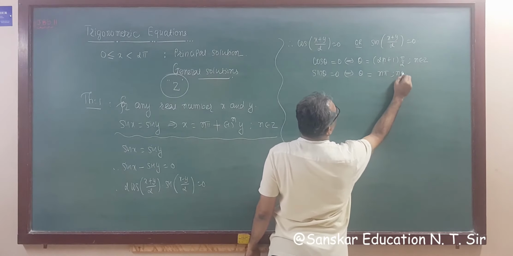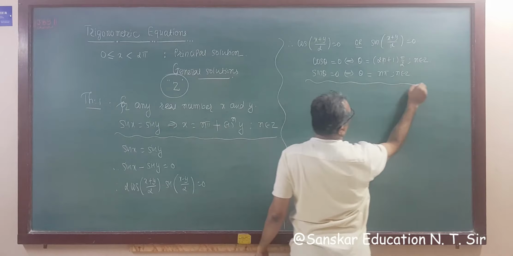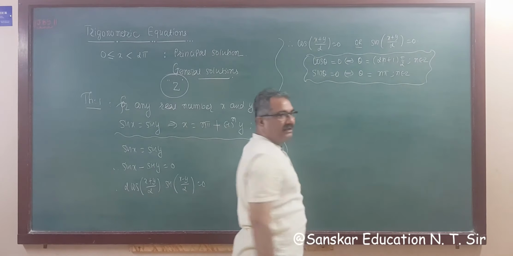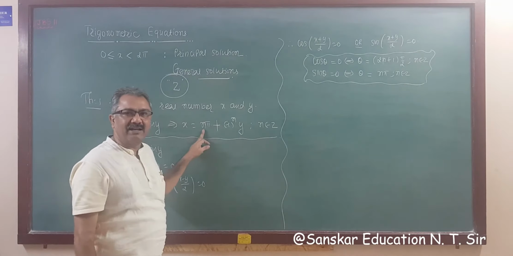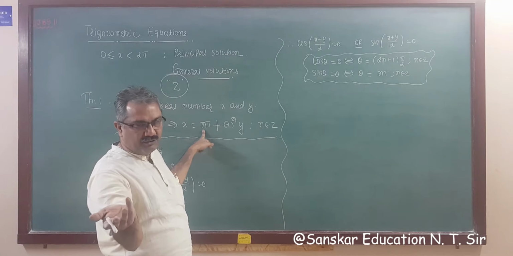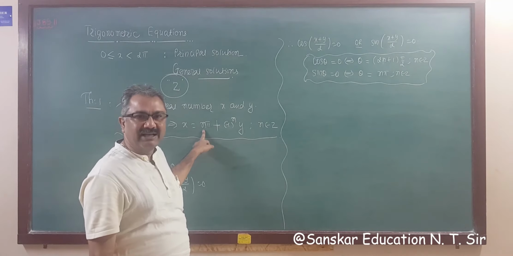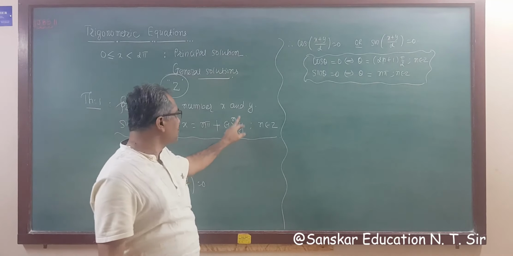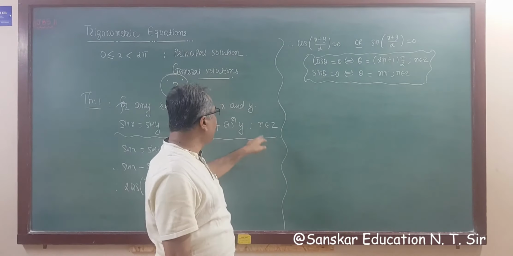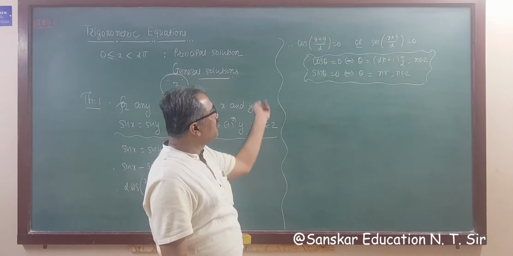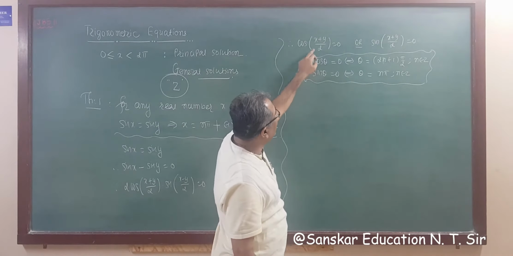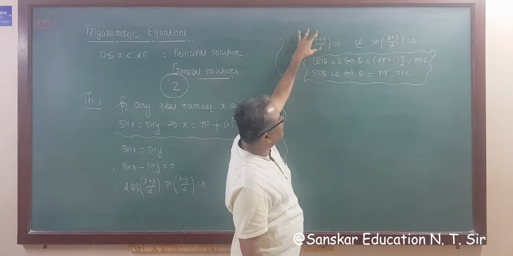N belongs to Z. In that video we took k instead of n. So as per our requirement it is given here n, so I am taking n. If it is given here k pi, you can remember we are using k also. That is the solution of sine: k pi plus minus 1 raised to k into y, where k belongs to Z. So this is 0. So applying this set of zeros of cos and sine,